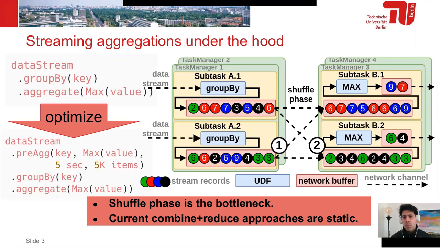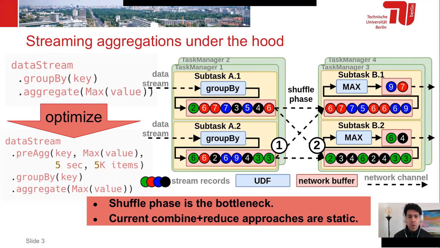As we increase the parallelism, the channels on the shuffle phase potentially increase. And as we increase the workload that is consumed, the data on the shuffle phase also increases. And as we expect, the shuffle phase is a common bottleneck in this stream pipeline. Some nice optimization that is done is to add a pre-aggregate transformation, as you can see on the other query, that aggregates locally every 5 seconds, for example. This potentially reduces the data on the shuffle phase.